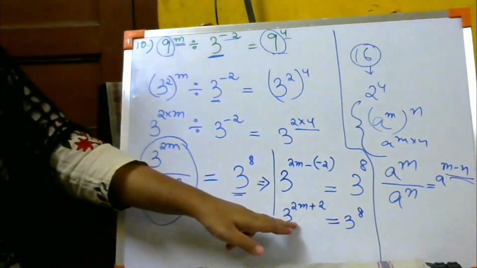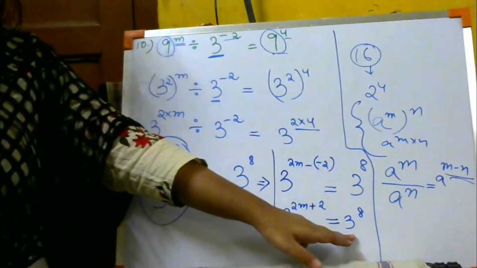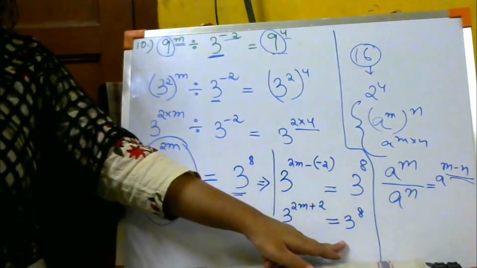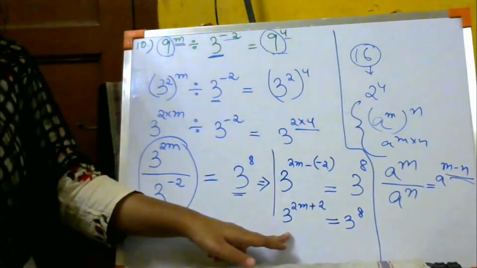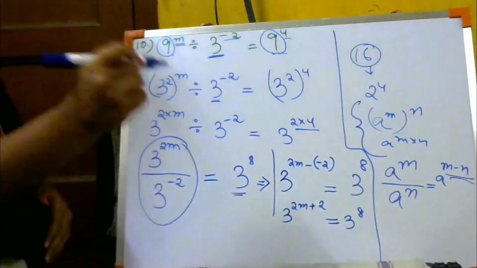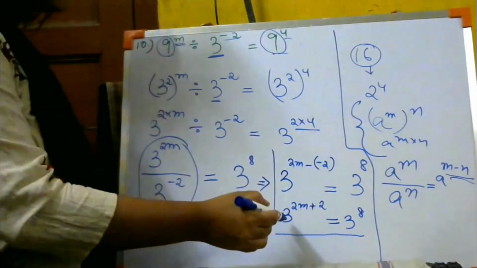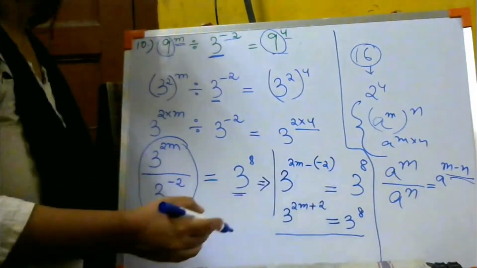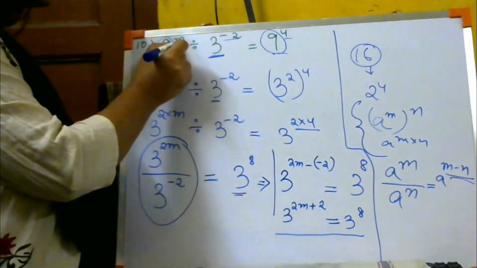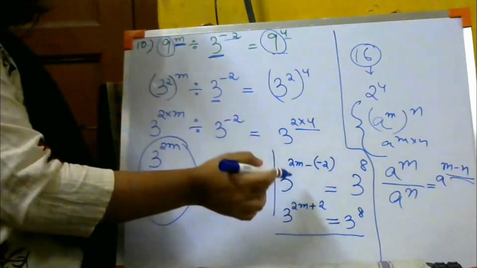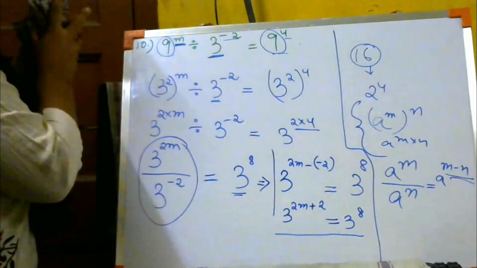What is it? Can you see my bases are equal? Here there is an equal to sign, here there is 3, and there also 3. That is why we changed 9 to 3, so that here also there is 3 and here also there is 3. I have to keep my bases equal. Okay. So when the bases become equal, when you come to this stage and can't do anything more with the bases, then you are going to remove the bases and work only with the powers, because you don't have to find the base, you have to find the power. See, in the question they have asked you to find m, which is a power, so you have to work with the powers. So now we are going to write it like this. Let me erase this on top.